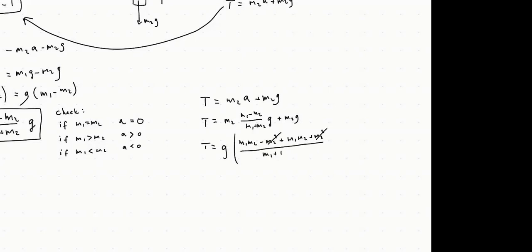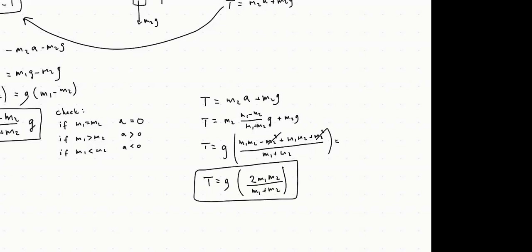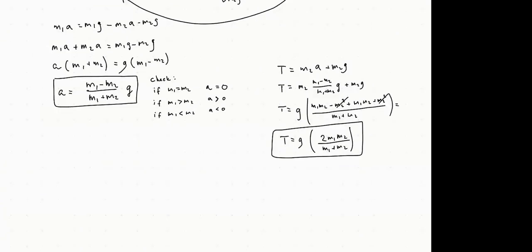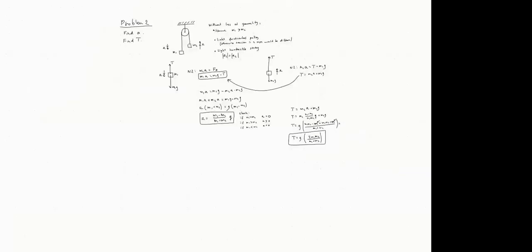M1 plus M2. So T is equal to G, open bracket, so that's 2 M1 M2 divided by M1 plus M2. Okay, that's called a harmonic mean, I believe. Harmonic mean of the two masses twice, 2g times the harmonic mean. Interesting. Anyways,